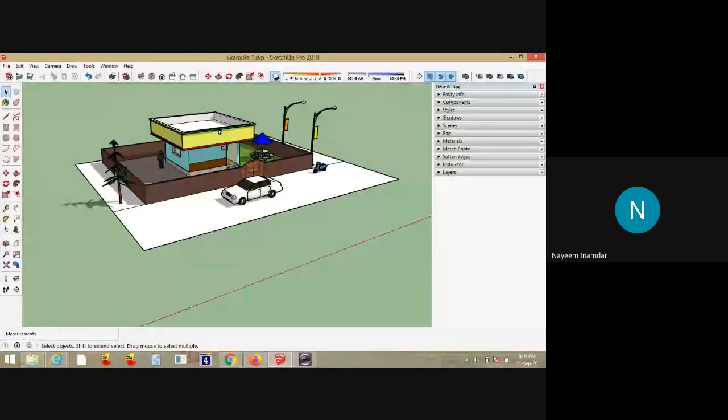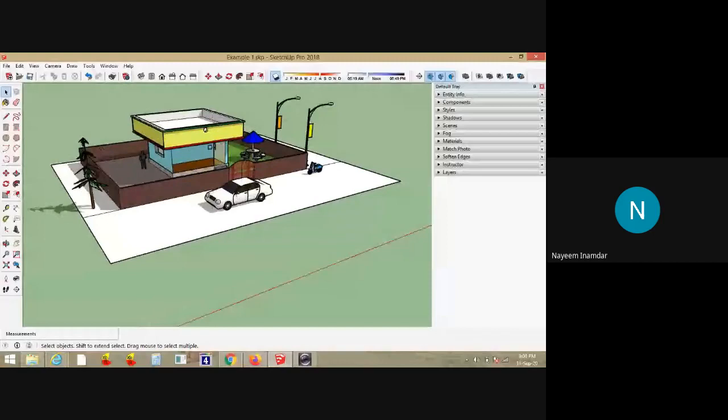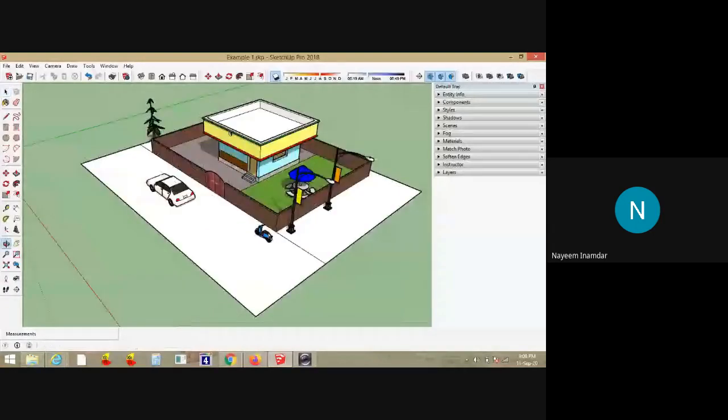So in the last three sessions, I have covered very basic tools. Only this much of tools are enough to produce any kind of three-dimensional model for your plans. You can directly import the plans from an AutoCAD file, DXF file, even JPEG format, and you can have the three-dimensional model of your particular object or plan. The tools that I have discussed in the last three sessions are enough to produce any kind of building usually that we do on a day-to-day basis.